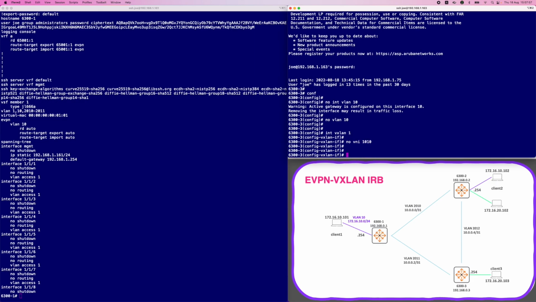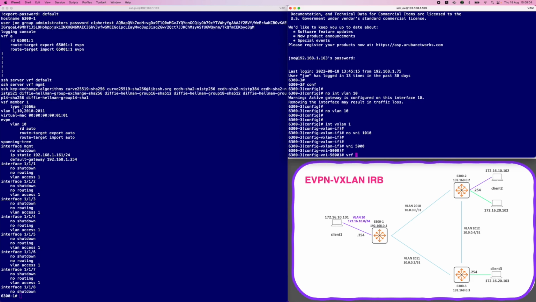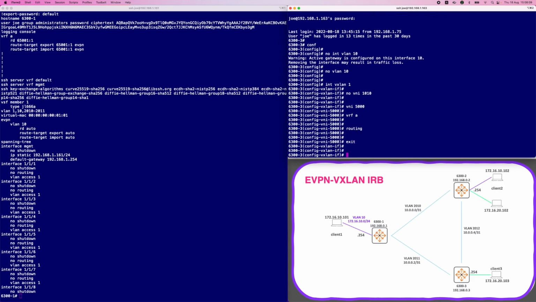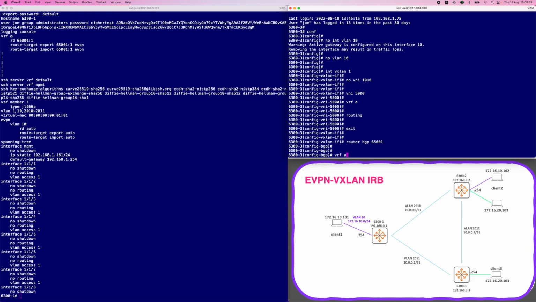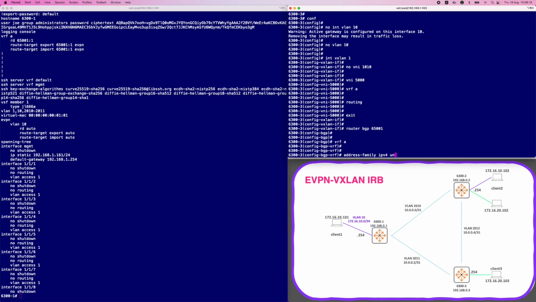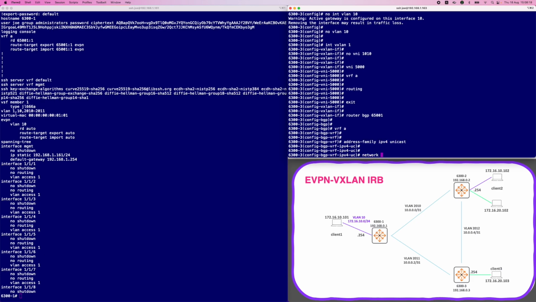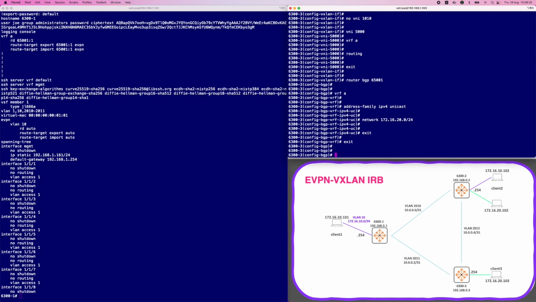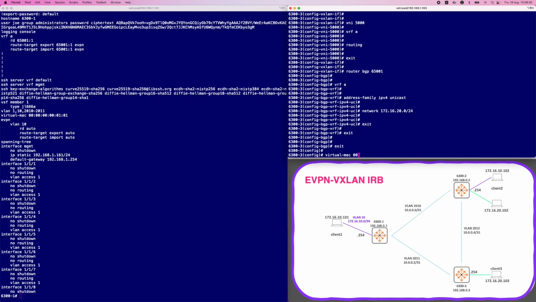We don't need that VNI anymore. While we're in the VXLAN, we might as well add in the routing VNI. That's good. Oh, we need the BGP, don't we? BGP, and it is VRF-A, address family IPv4 unicast network 172.16.20.0/24. And the final thing, which I must not forget, which is really easy to forget, is that virtual MAC